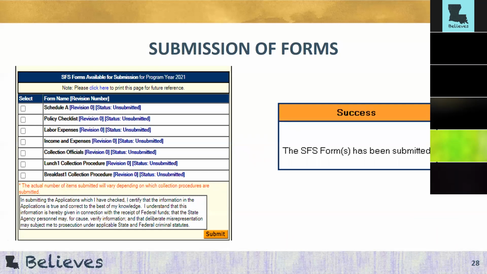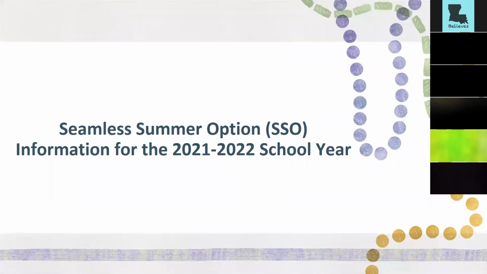After the application is complete, LDOE Division of Nutrition Support will approve it, and an approval letter will be sent to the superintendent and authorized representative via email. The next section on the CNP website under School Food Service that I want to bring to your attention is Seamless Waiver Form. Schools will instead choose to operate the National School Lunch Program Seamless Summer Option or the regular NSLP